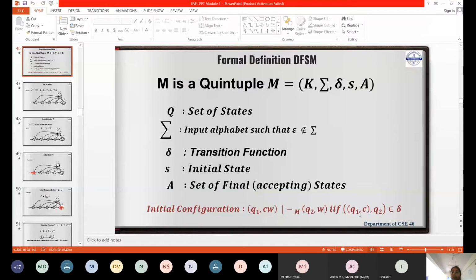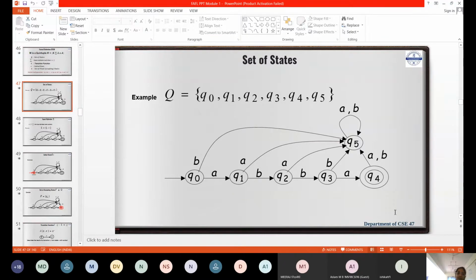If and only if you had a transition from state Q1 over the input symbol C, you will be going to Q2. Further from Q2, you will track the remaining input, that is W, that belongs to the transition function. So your transition function looks like this. If you didn't understand this statement, it's not a big deal. We can go to the situation where exactly the transition function is. Then I'll again come to this slide. You can understand that.